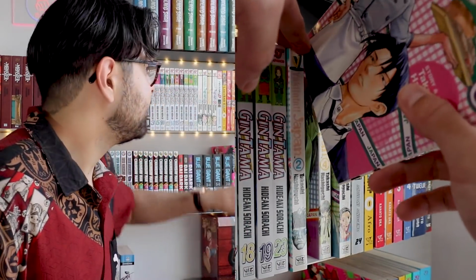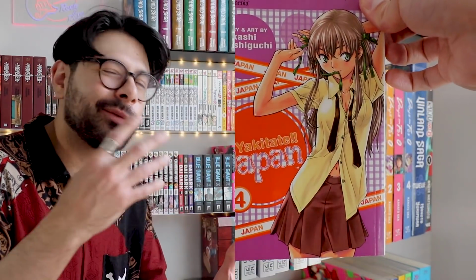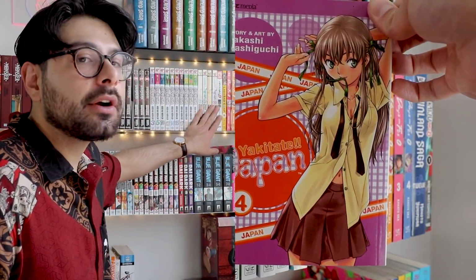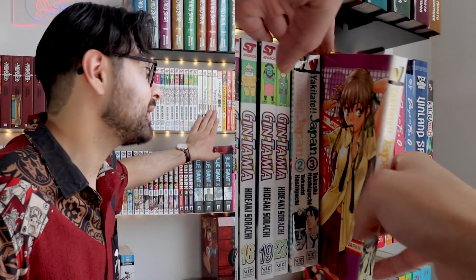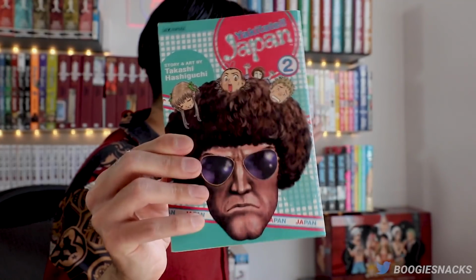I will admit that this story follows a young protagonist that is a baker, not really a chef. But there is some heavy similarities, and if you were to start reading Yakuza Japan, if you've already watched the anime or read Food Wars, you would instantaneously see them. I have volumes 2, 3, 4, and 18, so let me know over on Twitter if you find any, but